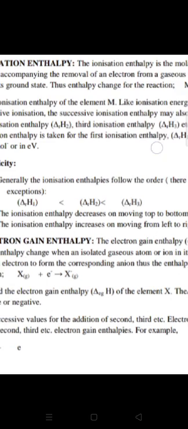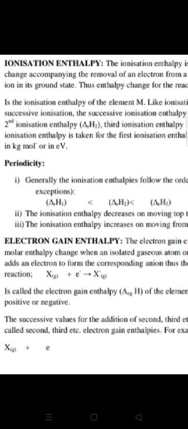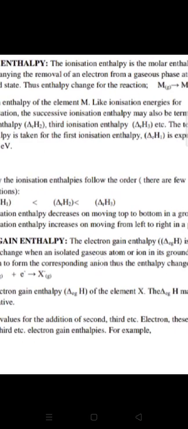Another term here is electron gain enthalpy. It is the energy liberated when an isolated gaseous atom accepts an electron. Whenever an electron is accepted, a negative charge is present there, and electron pairing may occur. For example, in the case of halogens, there are 7 valence electrons. When you add another electron, it makes the p subshell completely filled. So the extra electron added increases the electron repulsions. In order to minimize the energy of the system, it releases the excess energy in the form of